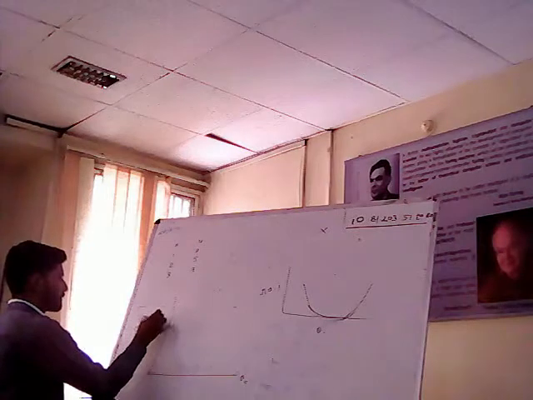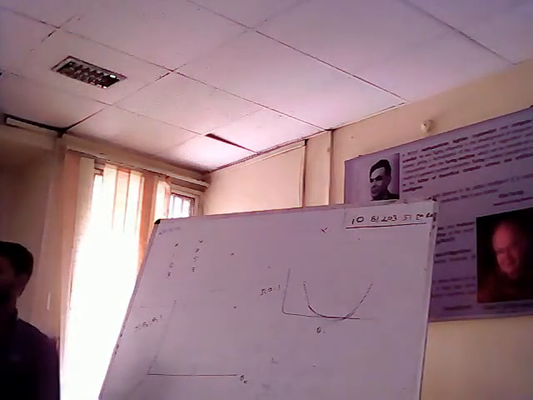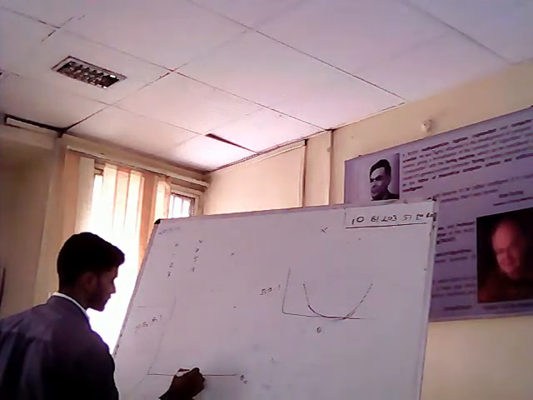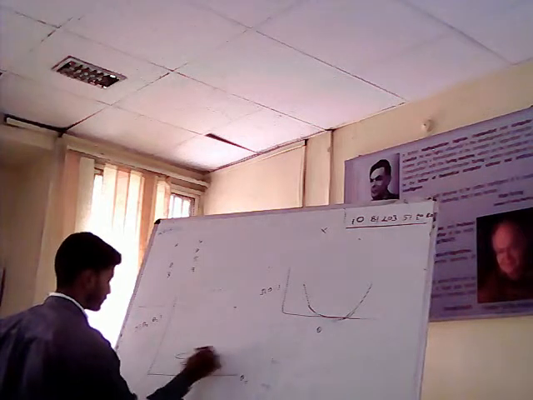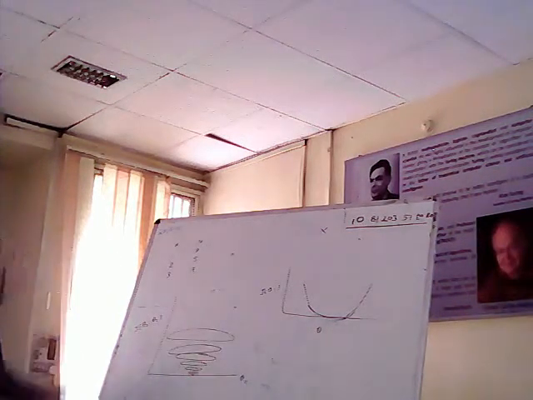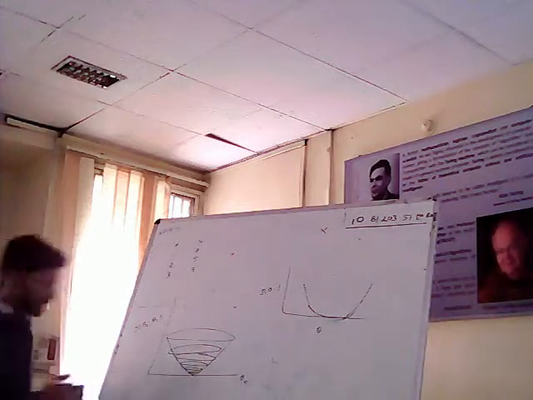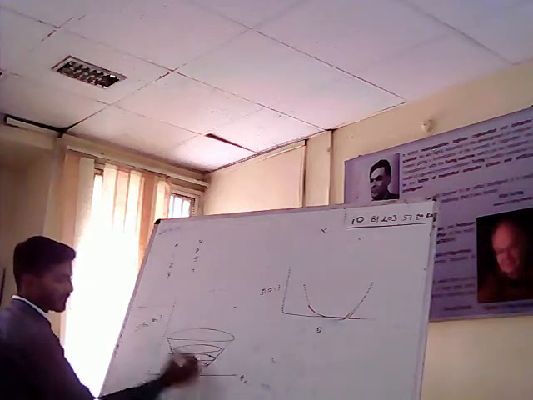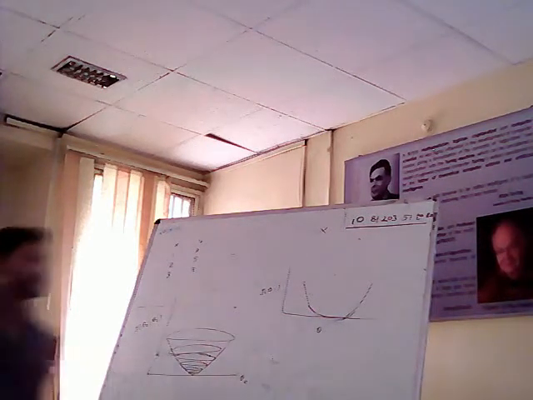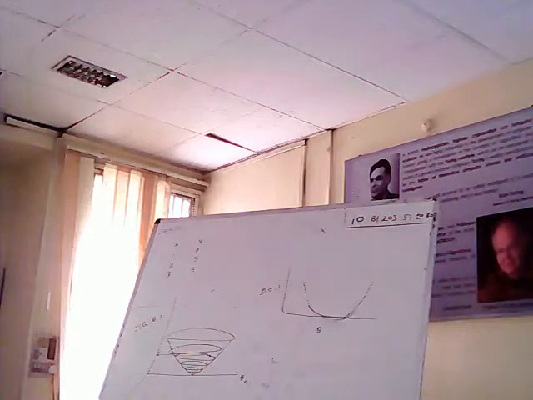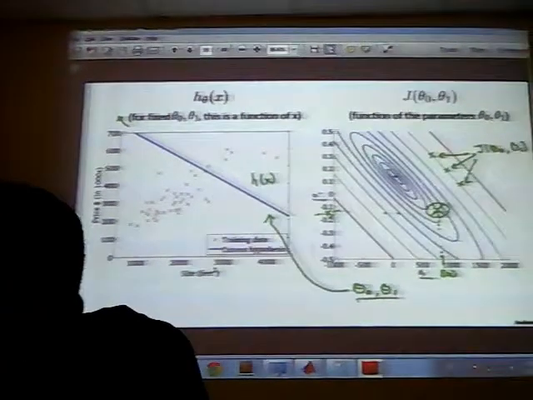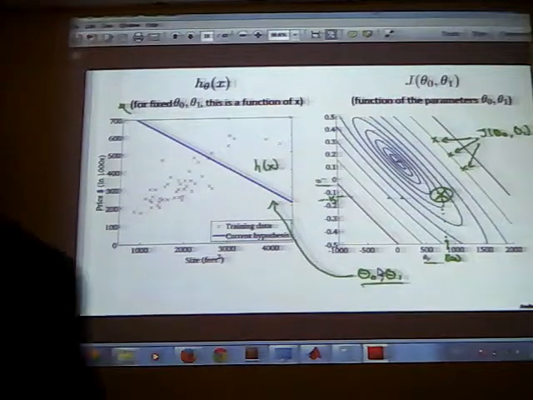For a particular value of theta 0 and theta 1 at a particular point, we will be having a corresponding J of theta 0, theta 1. So to plot in that diagram, it is plotted in a 2D manner. Like we have values of theta 0 and theta 1. J of theta is not shown in this figure. So what does it show? Theta 0, theta 1. We have something like this. So it is a 3D plot, bow shaped function.